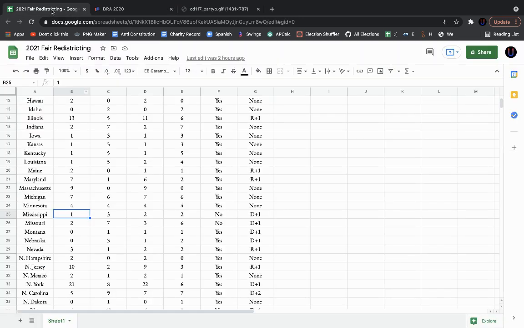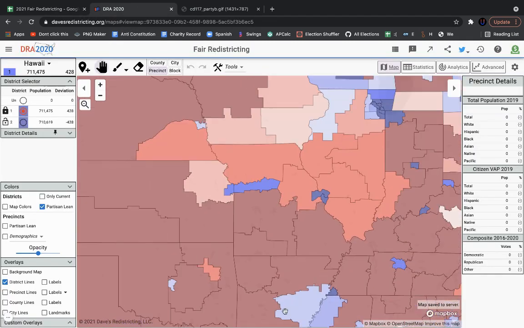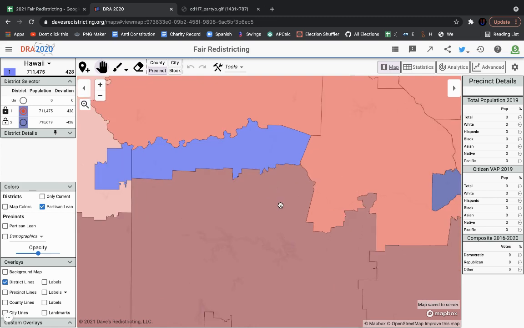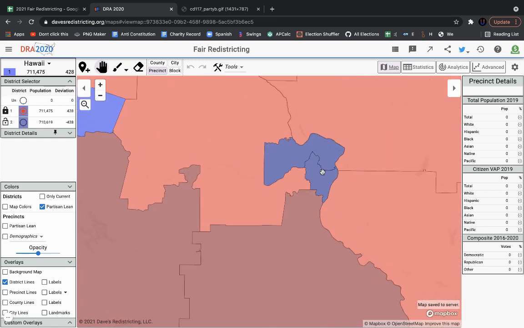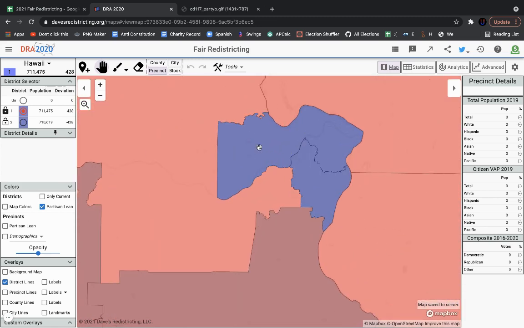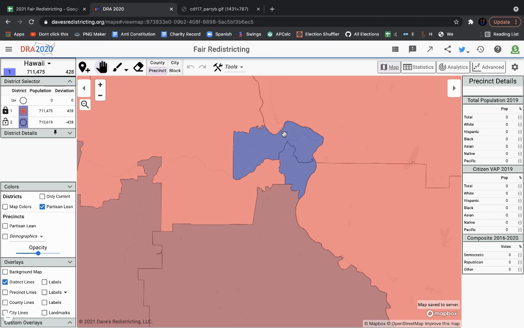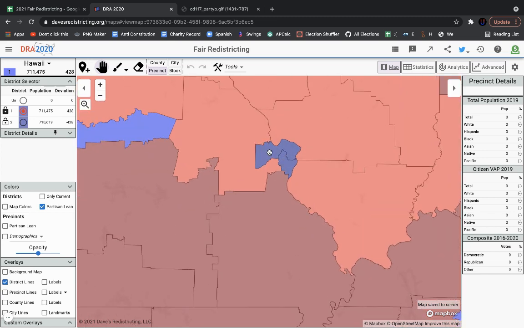Now to go over to the state of Missouri, 3-6 map here. You really cannot draw a good map of Missouri. First of all, this map is not legal because when you split up St. Louis like this, it does keep counties together. All of St. Charles County is in this district. It's not terrible. The districts don't look terrible, but when you split St. Louis up like this,